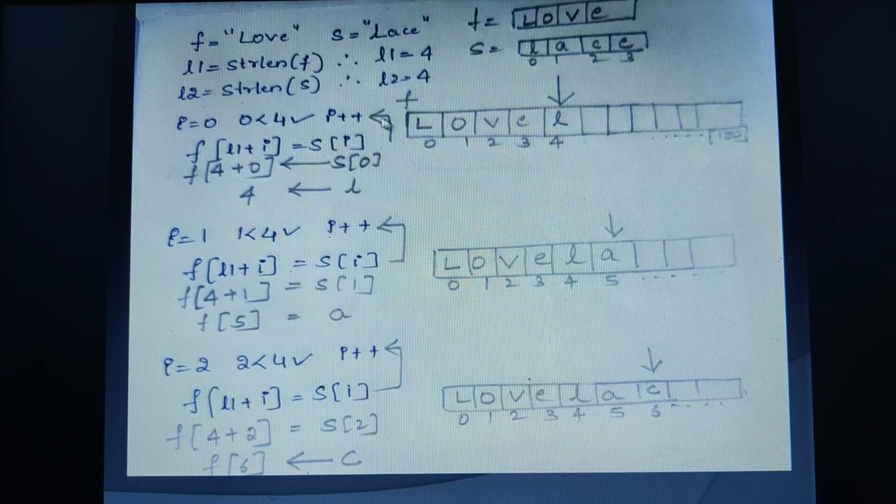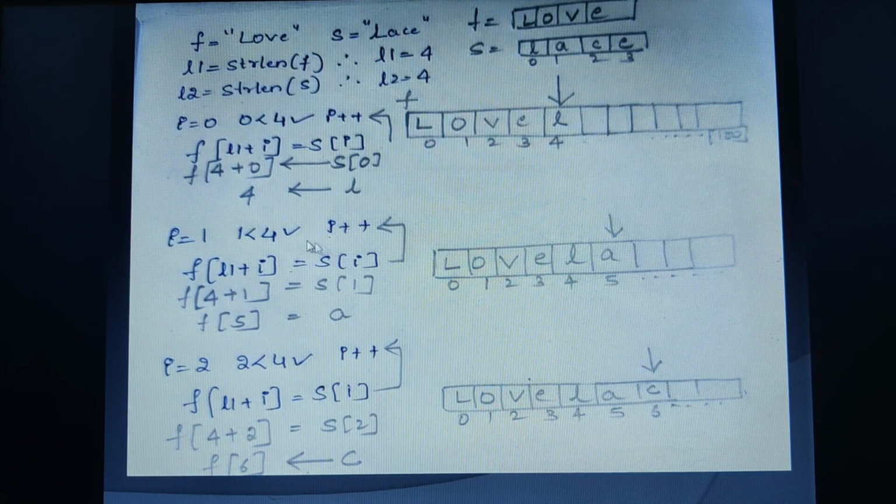After that, I gets incremented. So only this particular statement is the true part of this for loop. If the condition is satisfied, then this statement is executed. Similarly, when I gets incremented, I is equal to 1. In S of I, it will start pointing to this particular location. I is equal to 1, 1 is less than 4, yes, the condition is true, so we are executing the true part.